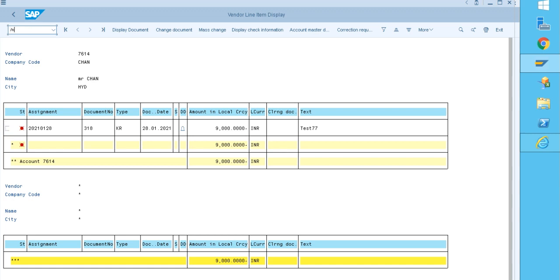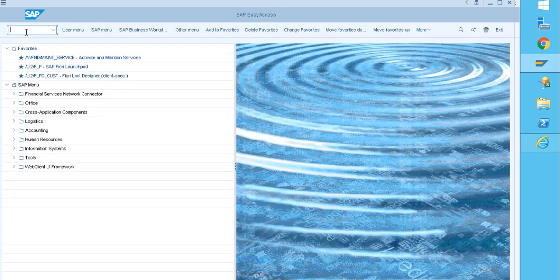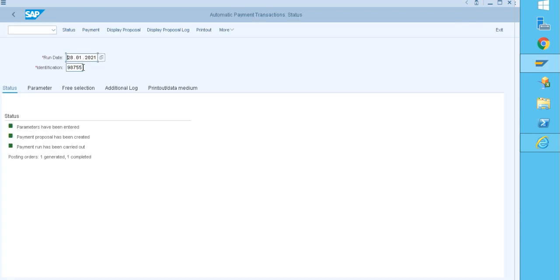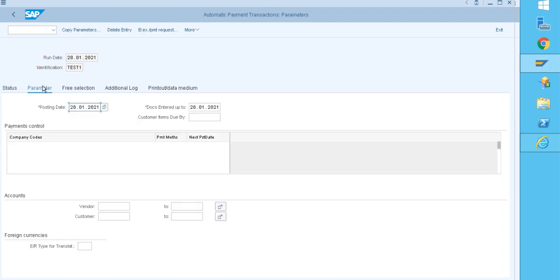For that I go to F110. Give your run date, today's date, and take identification test 1, and go to parameters. Give the posting date, documents entered up to, and your company code. The payment method is V, and the next payment date is 5/02/2021. The vendor is 7614.